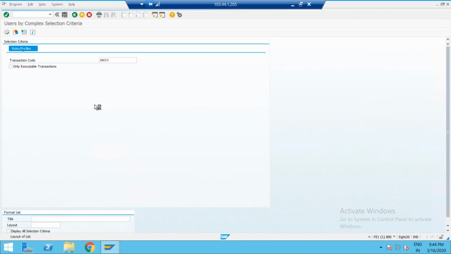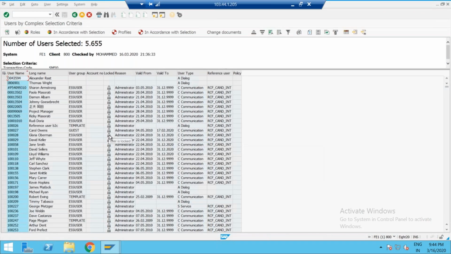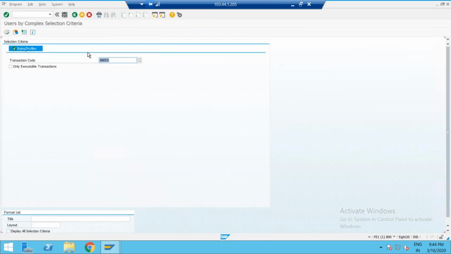You know one thing, everything else will be easy. But in real time, the searching takes a longer time. Like, out of 10 roles, which authorization update is missing, which role is missing. The filtering is very, very difficult. The answer will be SUIM, but you want to know all of those. Now see how many members have it in total. You have more than 5,655 members. Okay. Go back. Go back.